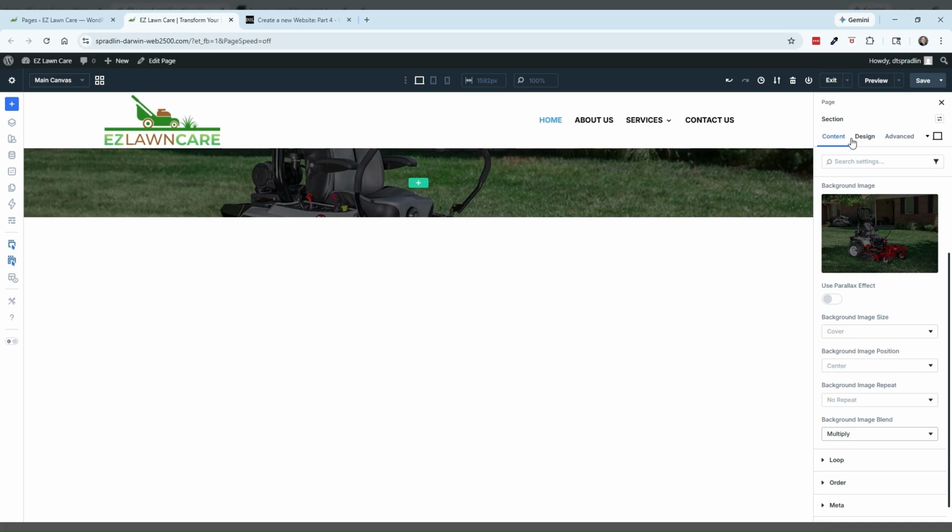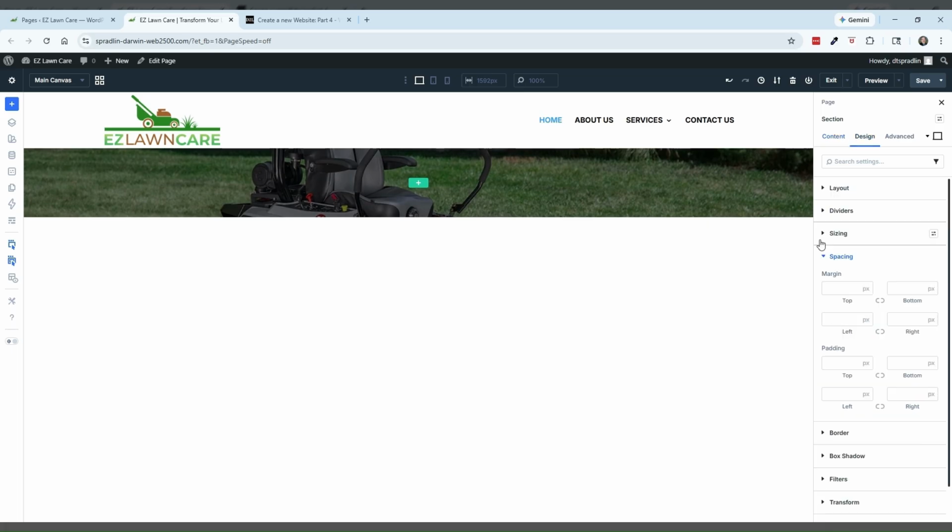Let's go to the design tab. Find your spacing. Go to top and bottom margin. Okay? Or I mean padding. Go to your top and bottom padding. Turn on the lock key icon. Let's go to edit responsive values. Click it. Go to your desktop